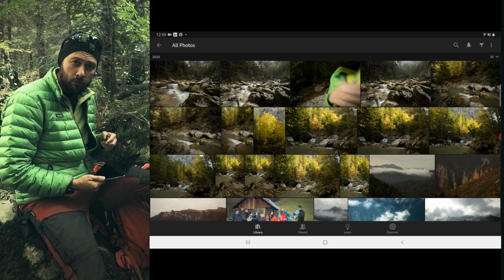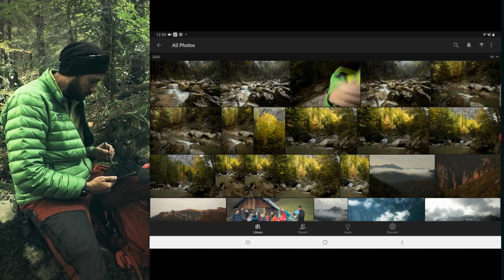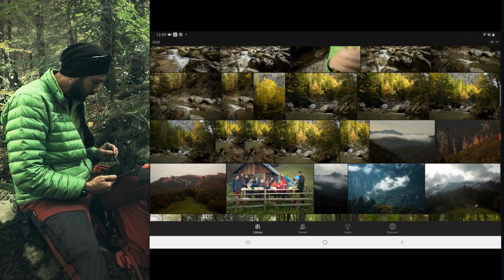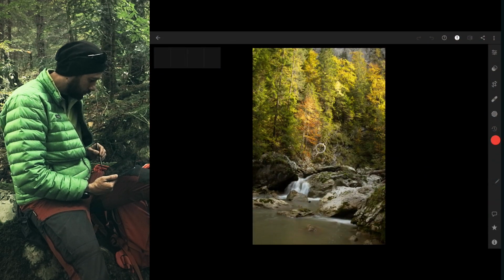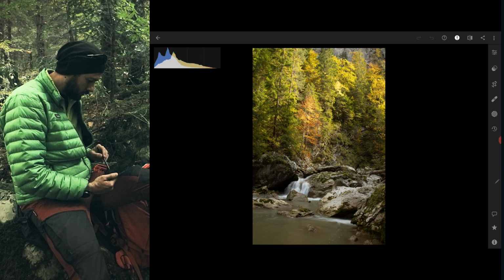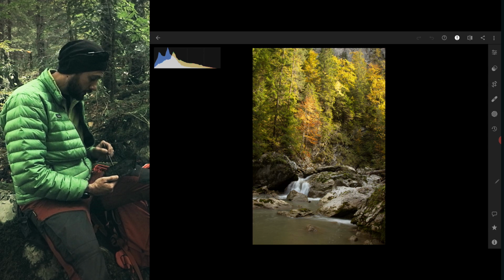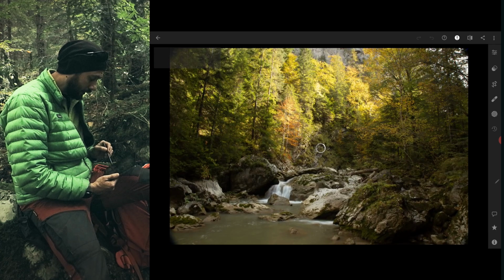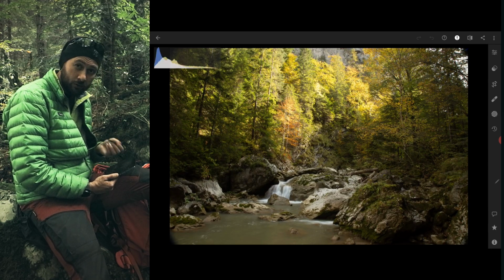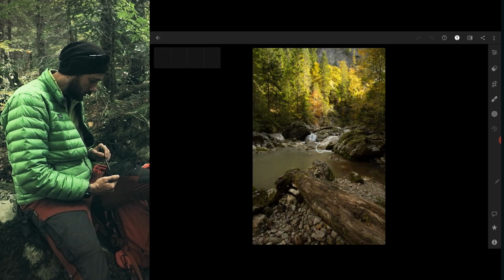Okay, so what I'm going to do right now is select some photos and just edit them. I'm going to use Lightroom Mobile. Let's just take a look at the photos before we start editing them. These are just straight from the camera. Now I really like how the light comes from the right side of the photo in this case, but I like the horizontal framing a lot more. This one is also nice.